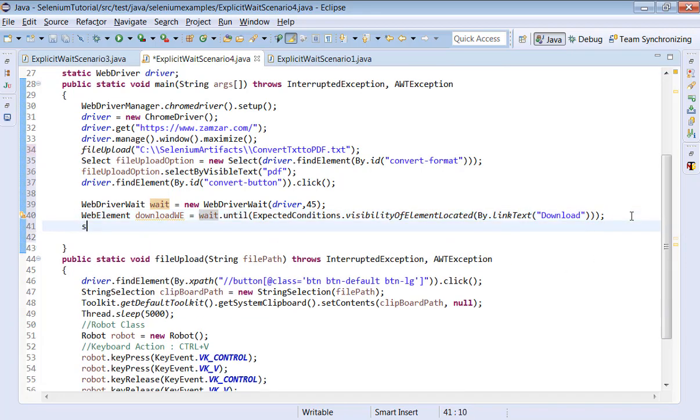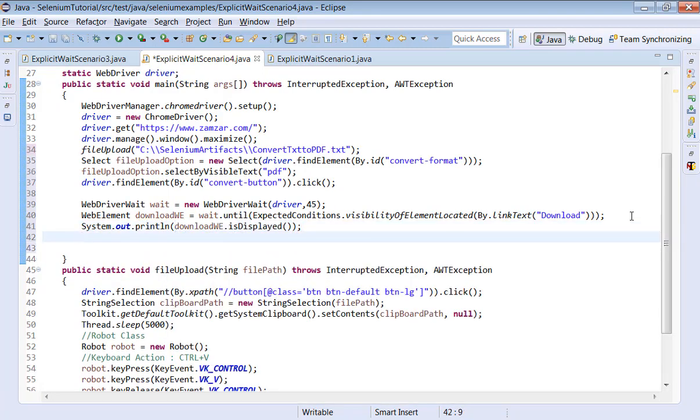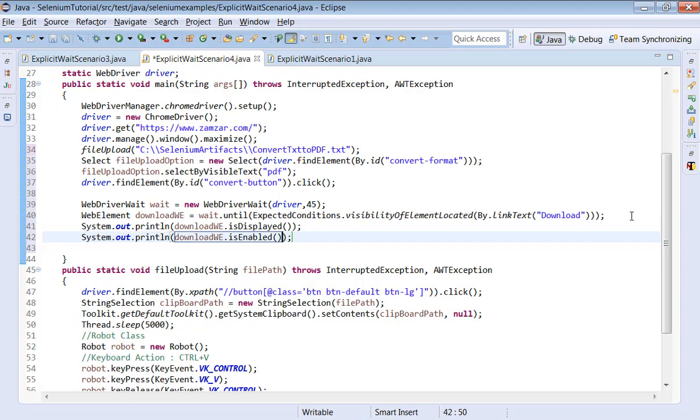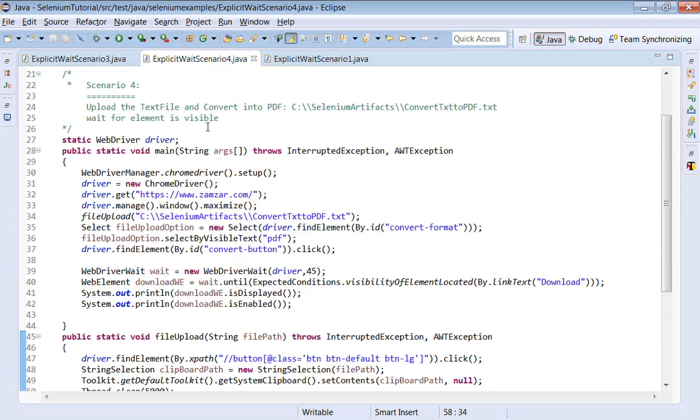We're going to store it in a download web element, and you can even check whether this element is available: download web element dot is displayed. You can even check download web element dot is enabled. To validate this button is available, we can click on it and continue further. So this is how you can execute the program and validate the element is visible.